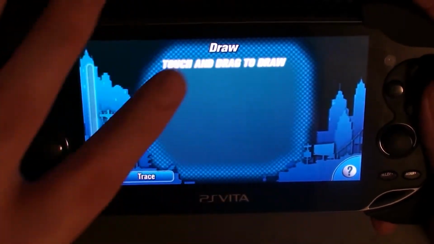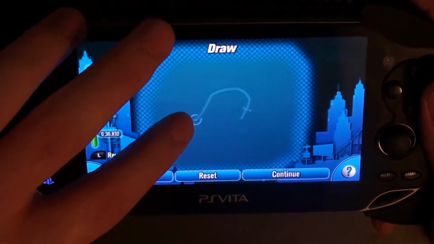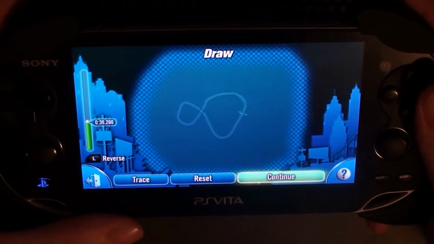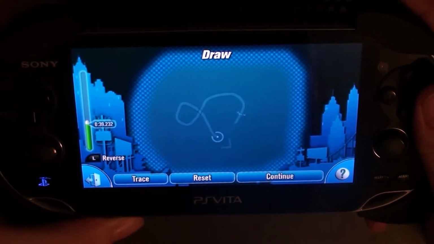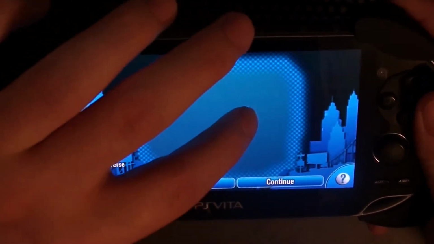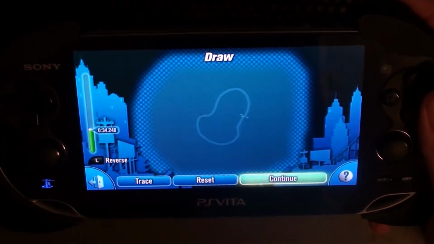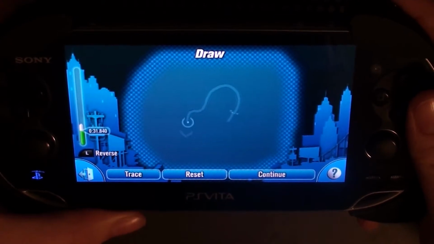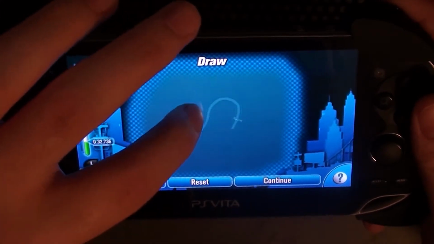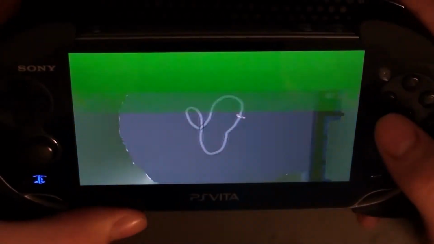So in the darker blue circle in the middle here, we'll go ahead and draw a design. Connect it. There we go. If you want to go back, you can hold L and it'll allow you to retrace your steps. Then you can just draw it again. There's another design. I'm going to go back and make it overlap at some point. That way we'll have like a bridge you can drive under. See, there we go. You hit continue,